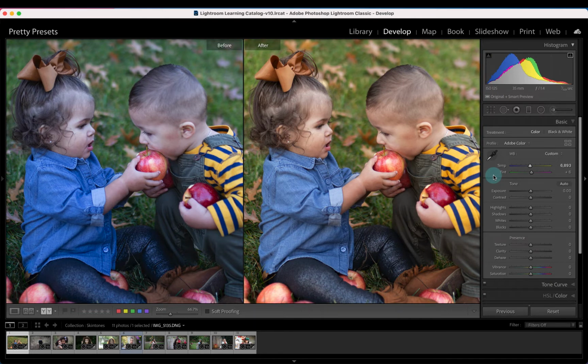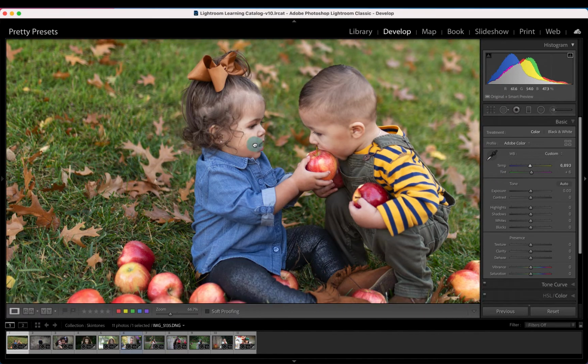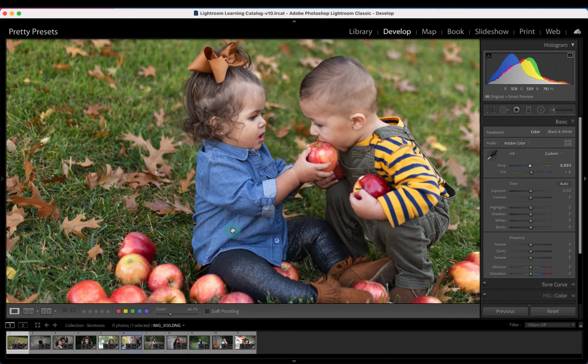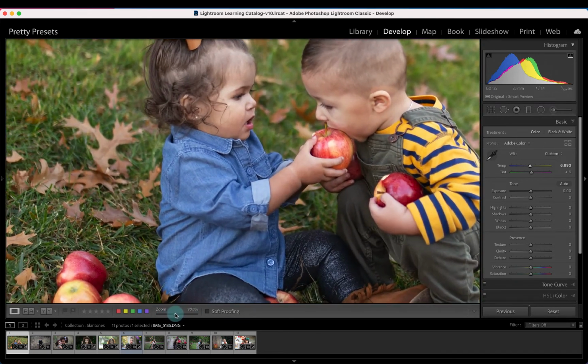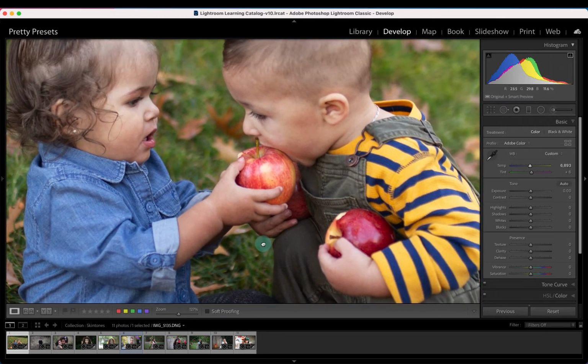Now number 3 is trying to even out some splotchiness that they may have, or some redness. So if I zoom into him a little bit here. Listen, babies are babies, so I don't want to work on their faces too much. But he has a little redness right here, maybe in the cheek. A better example,